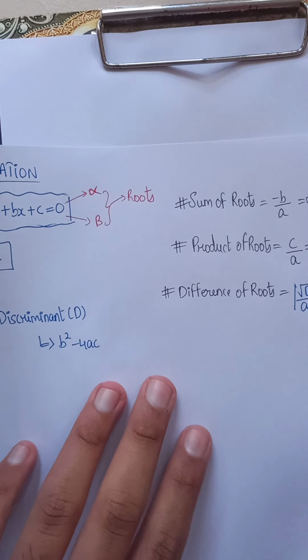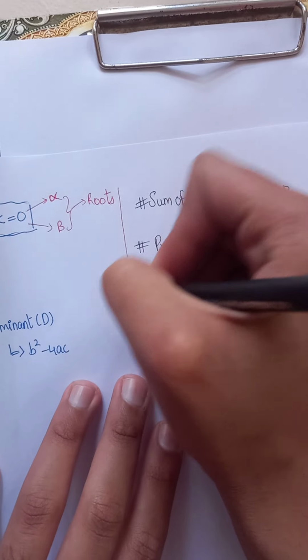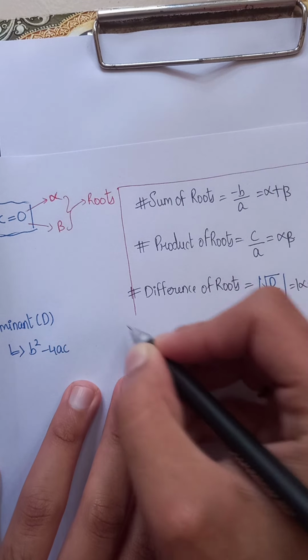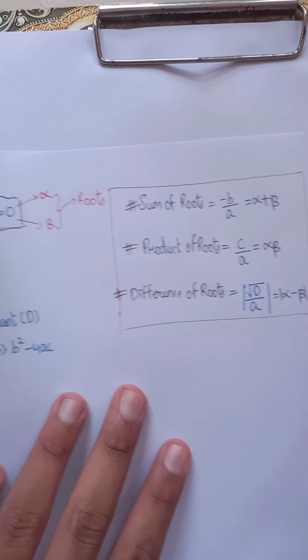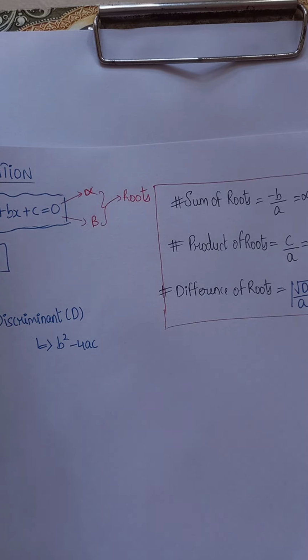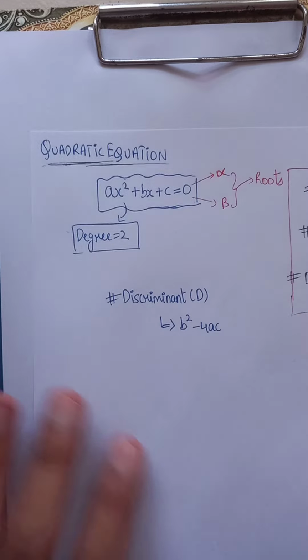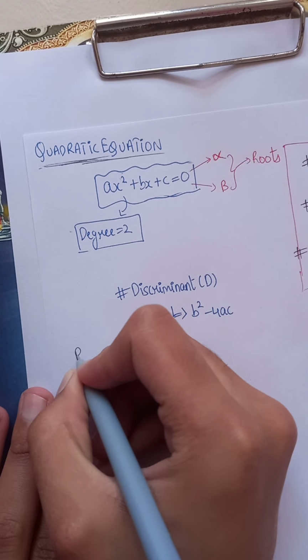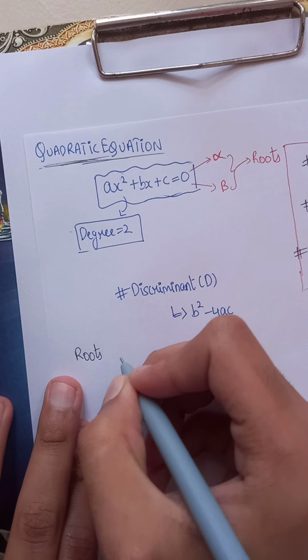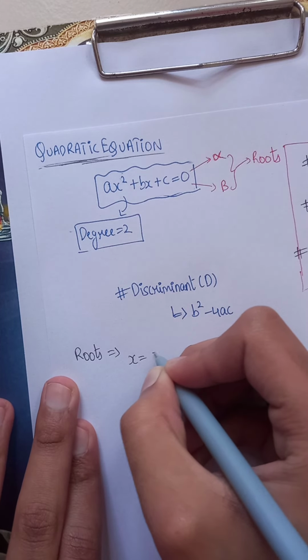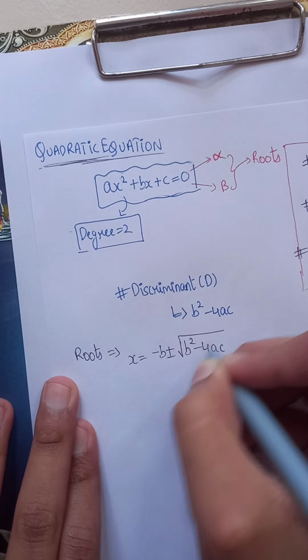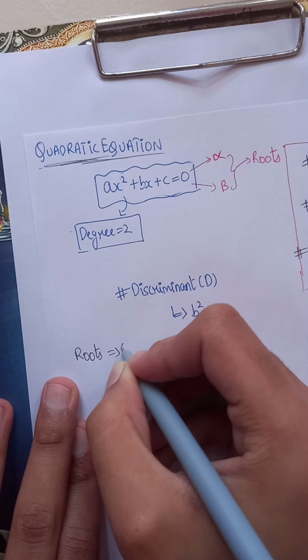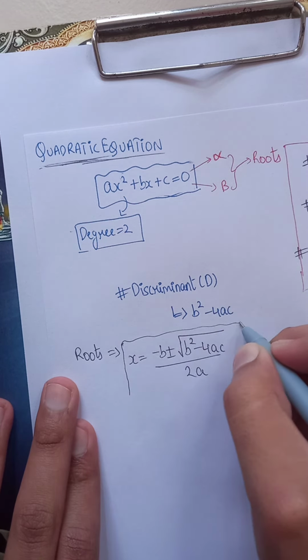Okay, so if you want, you can keep this inside a box and write this. Now there's another formula too. What is the other formula for roots? How to find roots? You've come across this formula also. x is equal to minus b plus or minus root over b square minus 4ac by 2a. I hope you are recalling all the formulas which you studied in class 10th.